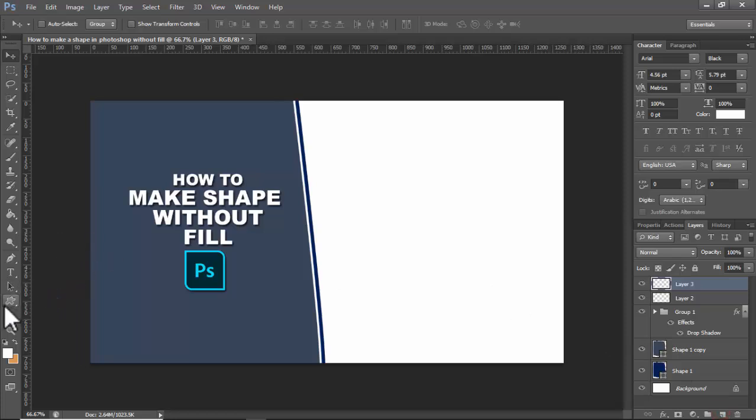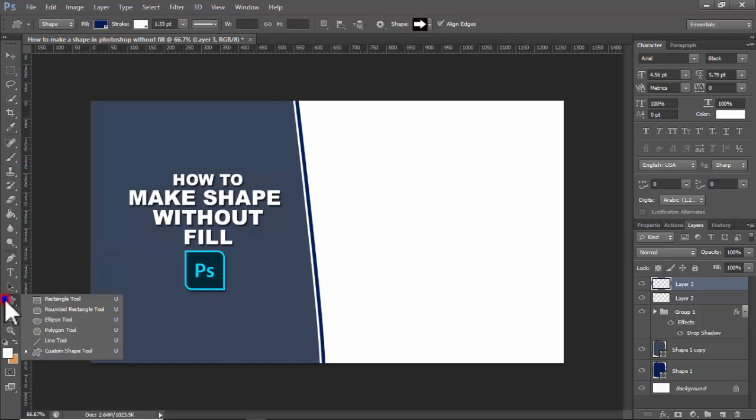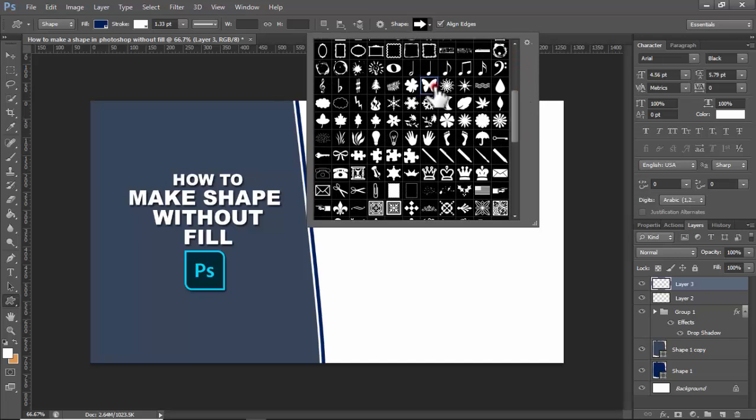Create a new layer and select the pen tool or the rounded rectangle tool, rectangle tool, ellipse tool, polygon tool or custom shape tool. Apply the same way. For example, I click the custom shape tool,